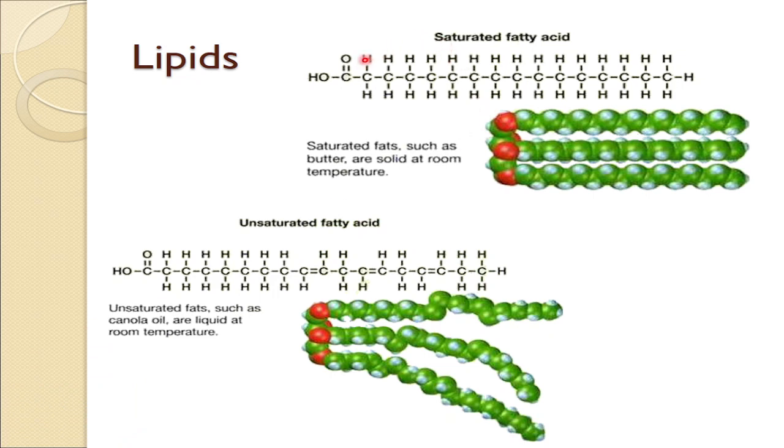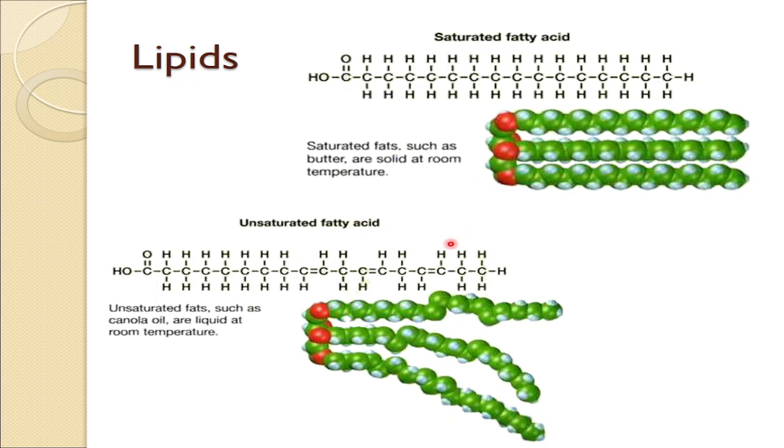Okay, so we're gonna count the carbon. 1, 2, 3, 4, 5, 6, 7, 8, 9, 10, 11, 12, 13, 14, 15, 16. So there's 16 carbon atoms right here. Are there enough hydrogen for each carbon atom? Yes, they are fully occupied with hydrogen, so there's nothing missing. That means this chain is actually unsaturated.